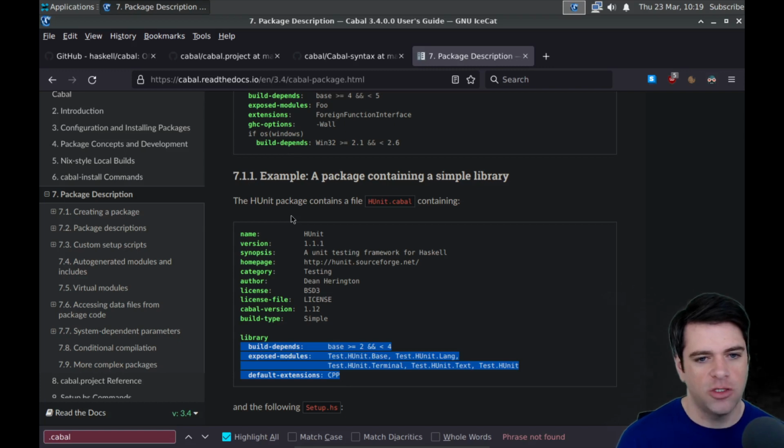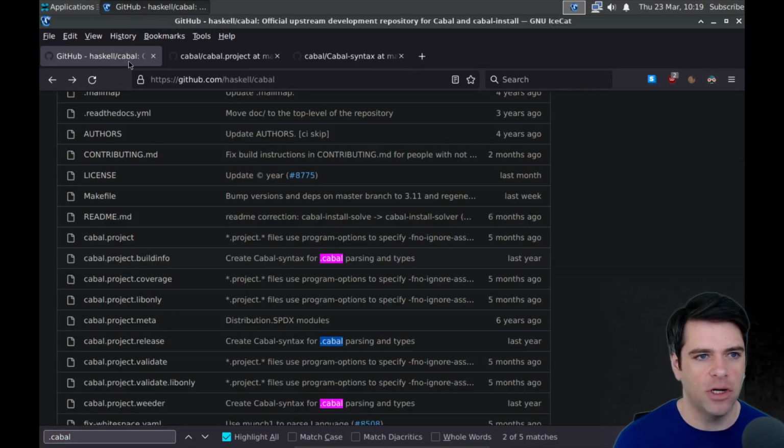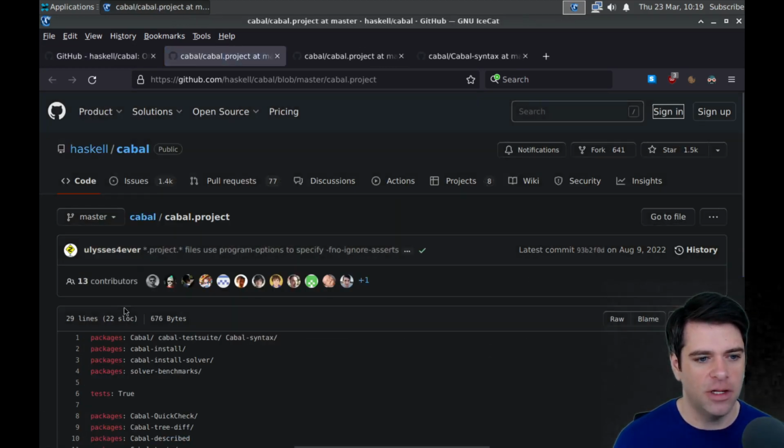And then we'll also presumably see something that's going to read this file and build up some sort of description of how things should be compiled based on this file. And so, for example, whatever that code is, it should look at things like build depends, but also check these conditionals and then possibly add additional dependencies to the thing it had up here. So just some things that we can look out for as we're looking through the code. And then with that in mind, let's take another look at the cabal.project file.